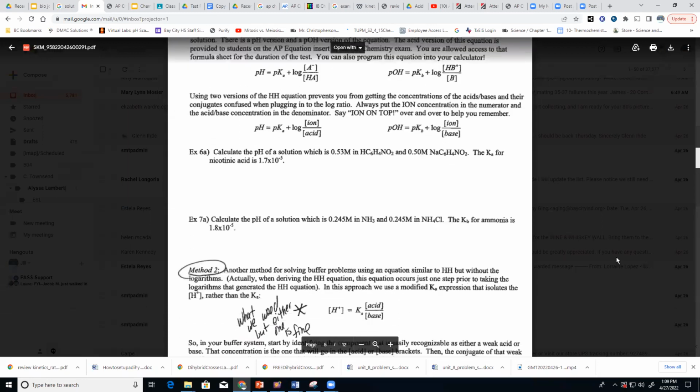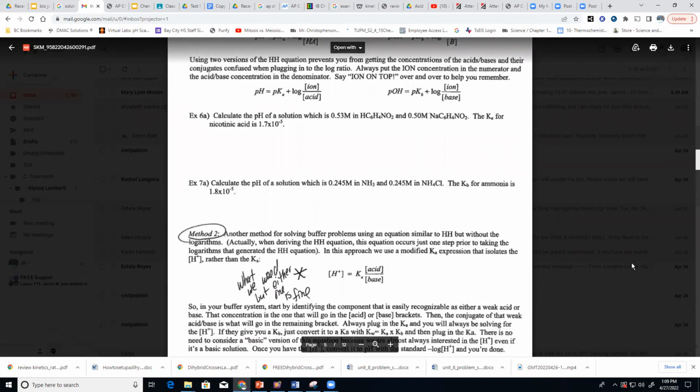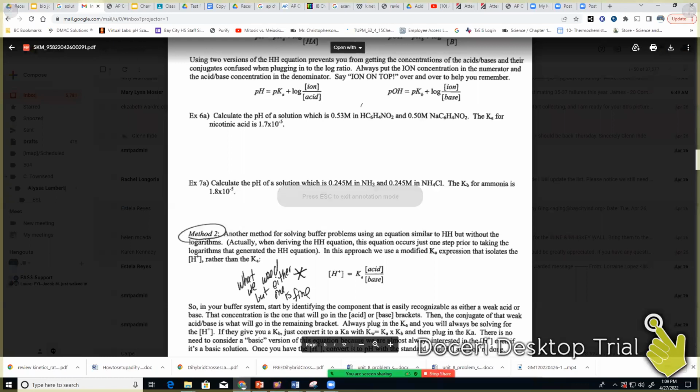All right, let's see what we got going on here. Calculate the pH of a solution which is 0.53 molar, whatever that is. Is that the same thing as we used a minute ago? I don't feel like it is. That is my weak acid. It starts with hydrogen. This is my salt. I am not interested in the sodium from that salt. That sodium came from sodium hydroxide, which would be considered a basic salt. I'm interested in this